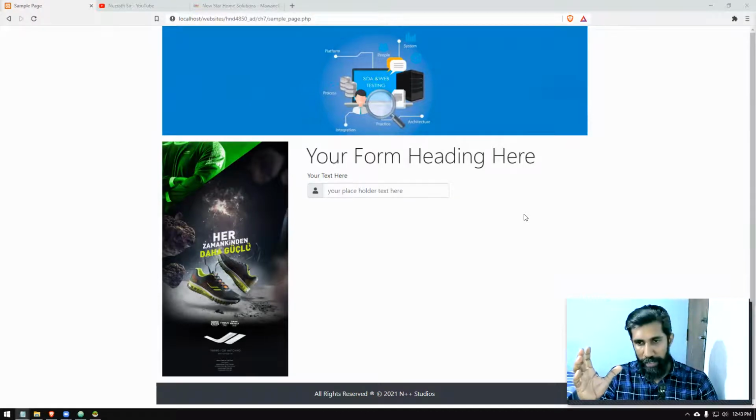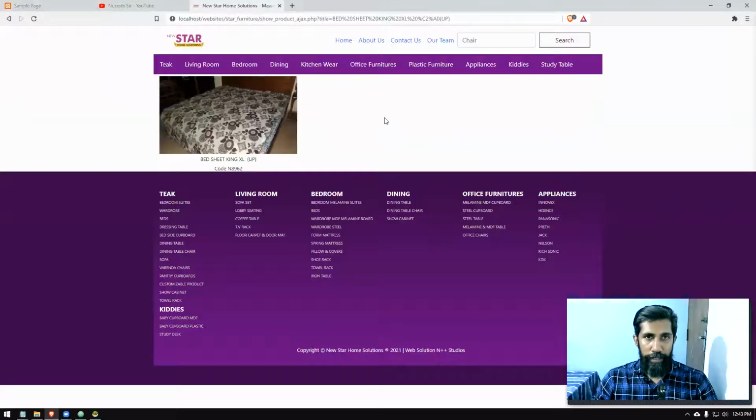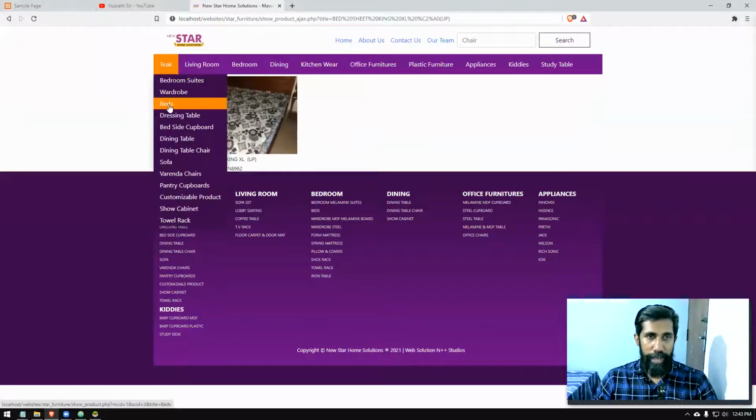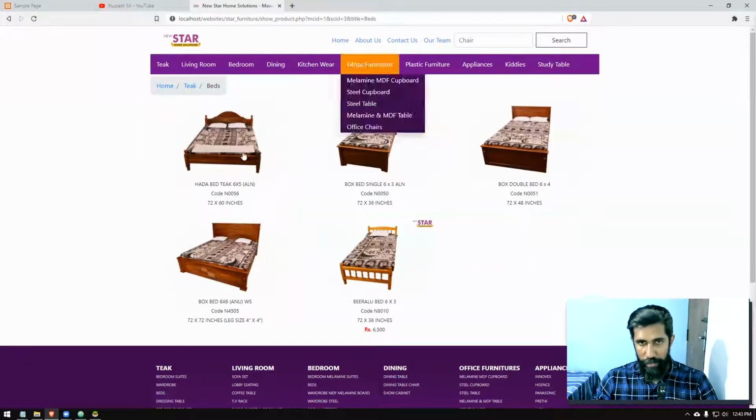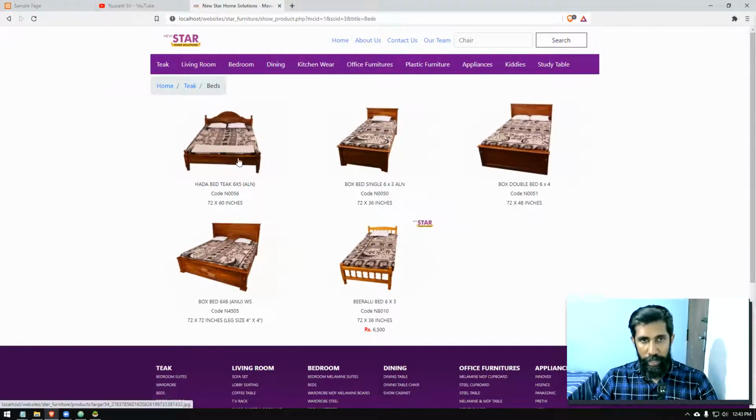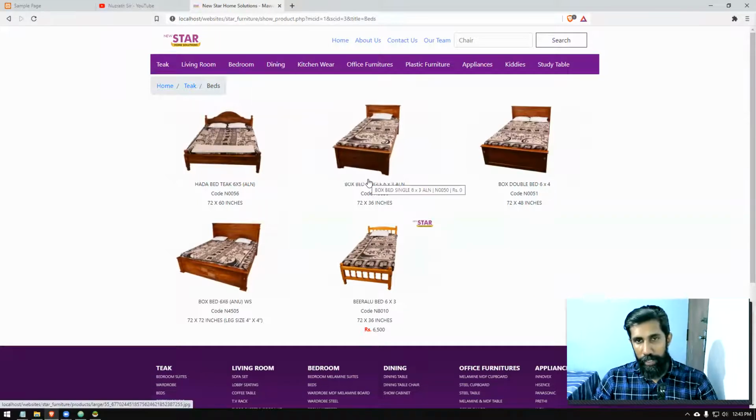Something like a store. Even if you take this, it is similar to that, the same thing they have. They have a products database where they want to exhibit that to the customers. They want to show that to the customers. For your record, I did this photo shoot as well. All the photos are mine. So that's how we're going to build something.